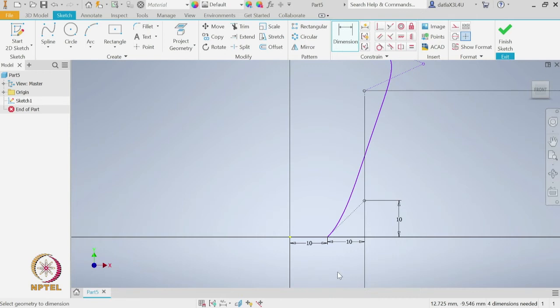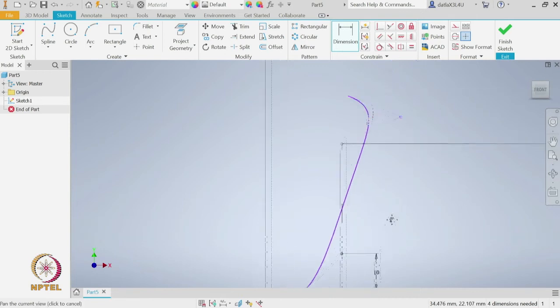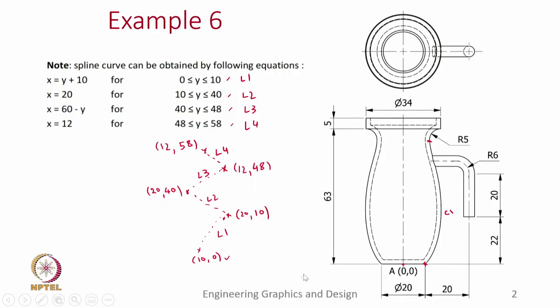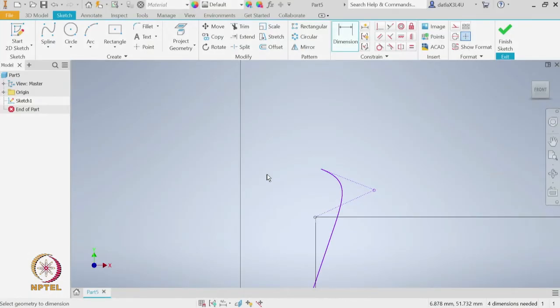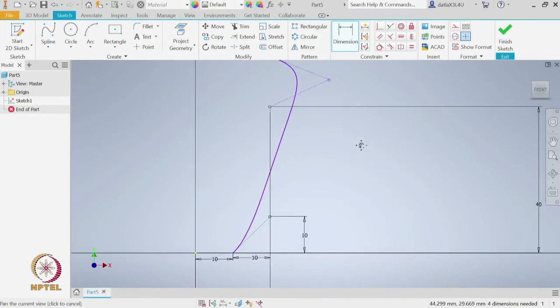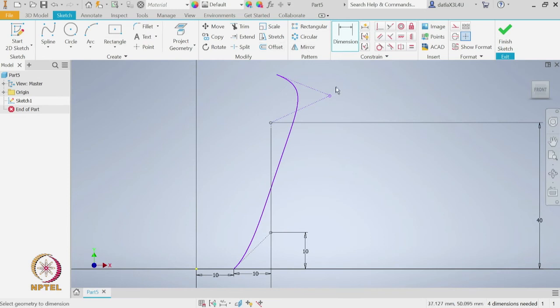So, line L2 is a vertical line, fine. Now, let us go back and see where the end of line L3 is, 12 comma 48. So, first let us define this 48. And with the x axis it makes a dimension of 12.